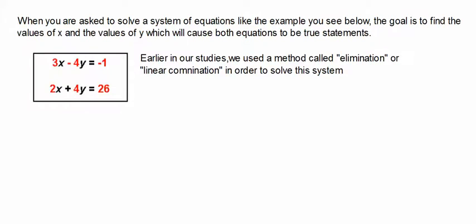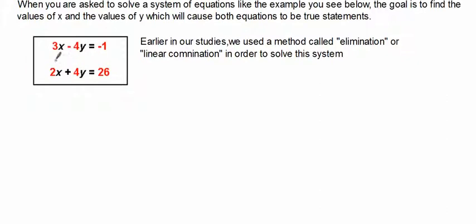The goal is to find the values of x and the values of y, which will cause both equations to be true statements. Earlier in our studies, we used a method called elimination or linear combination in order to solve this system. So for instance, if I were to take a look at 3x minus 4y equals negative 1 and 2x plus 4y equals 26, I see here that my y terms are opposite in their coefficients or numbers. And if I were to add